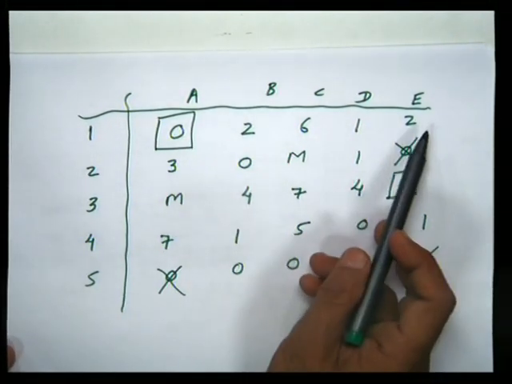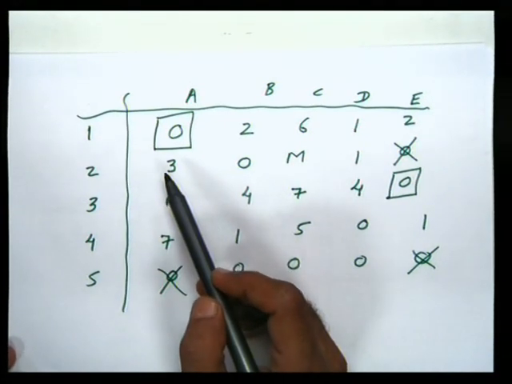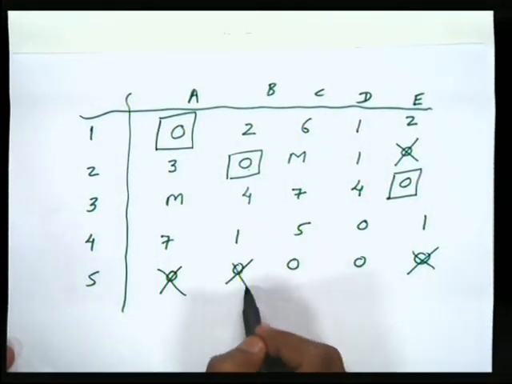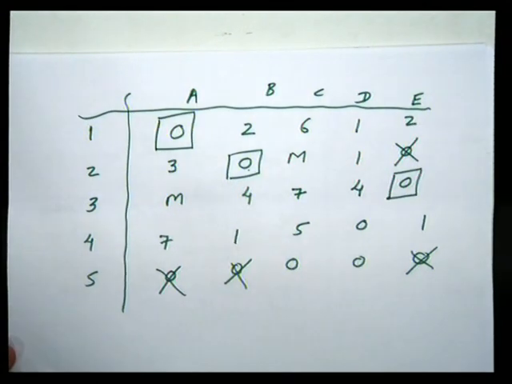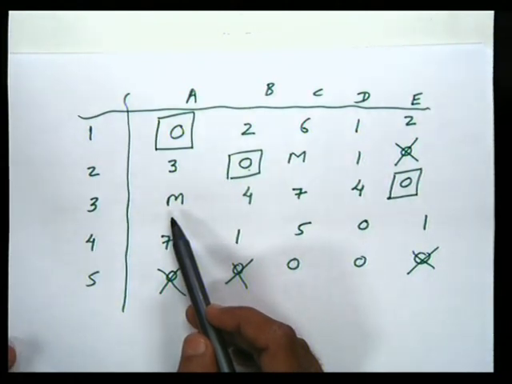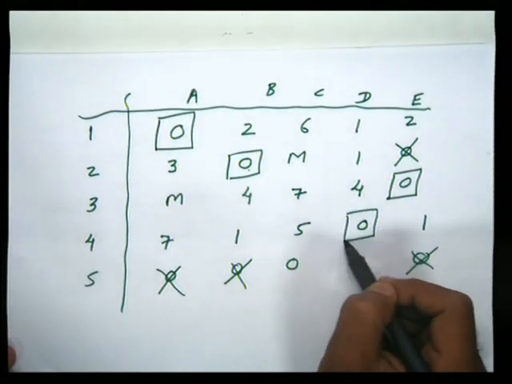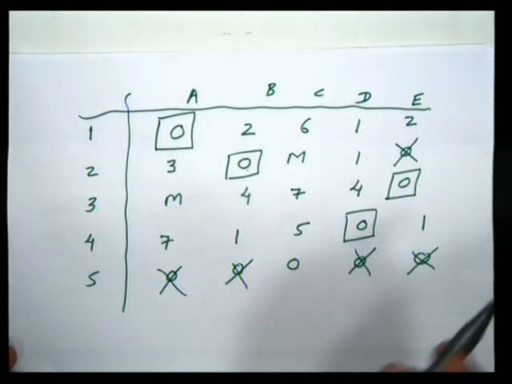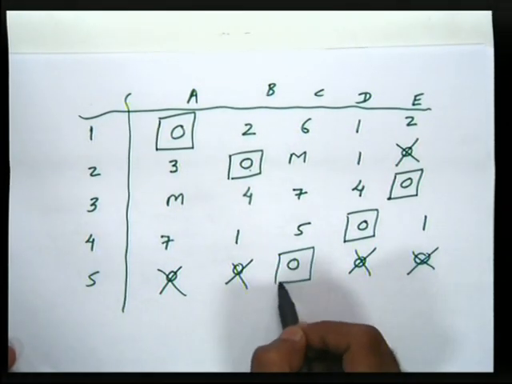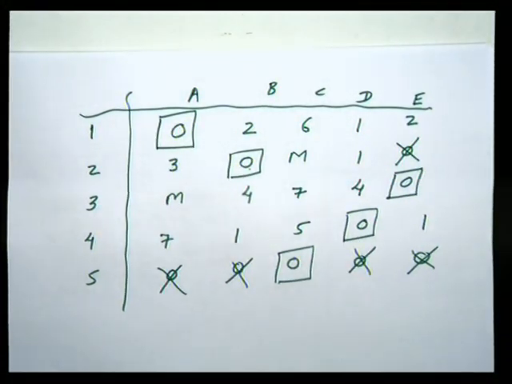Now look at the first row, there is no 0 available to us, but in this revised situation, the second row has one 0. So we make an assignment here, and the corresponding column entries are deleted. Again we revisit row 1, no 0 available, row 2, no 0 available, row 3 has no scope, row 4 has of course one 0. Make it there, and the column is deleted. And finally, if you look at the fifth row, there is one 0 available, so we can make an assignment there. So if you count the boxes, 1, 2, 3, 4 and 5, we have total assignment